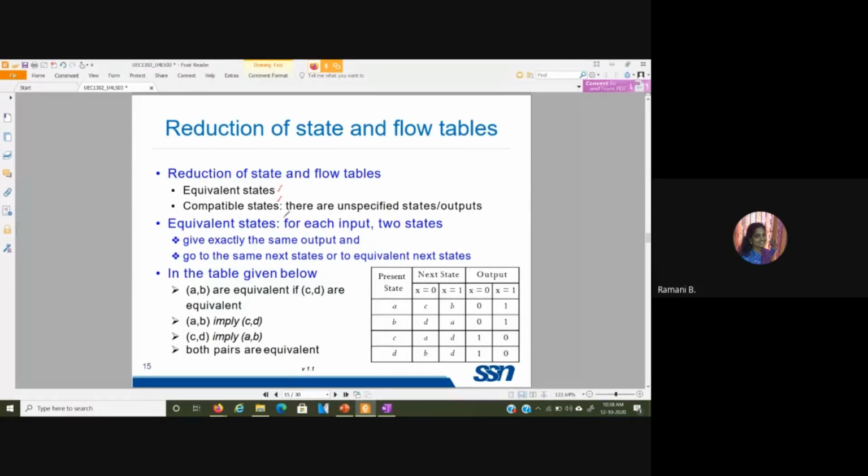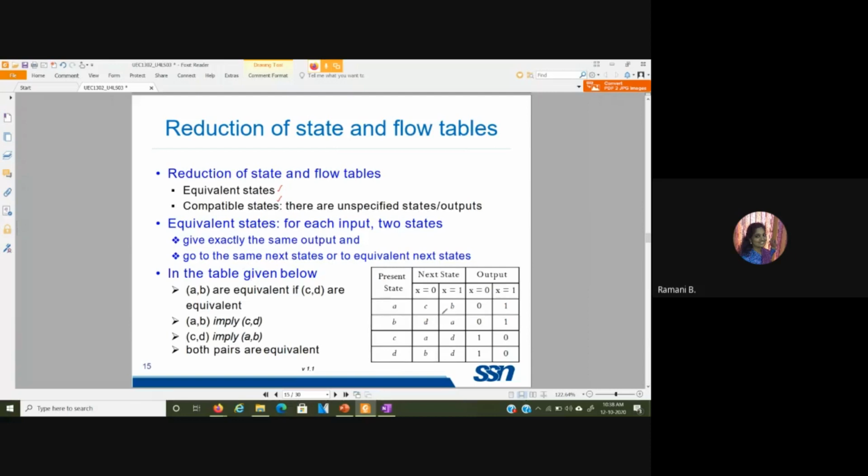Compatible states are those where you may not exactly get the same next state value, so there we imply some conditions. That is what we call compatible states. With equivalent states, as I mentioned, for each input the two states give exactly the same output and go to the same next state. So we call them equivalent states.